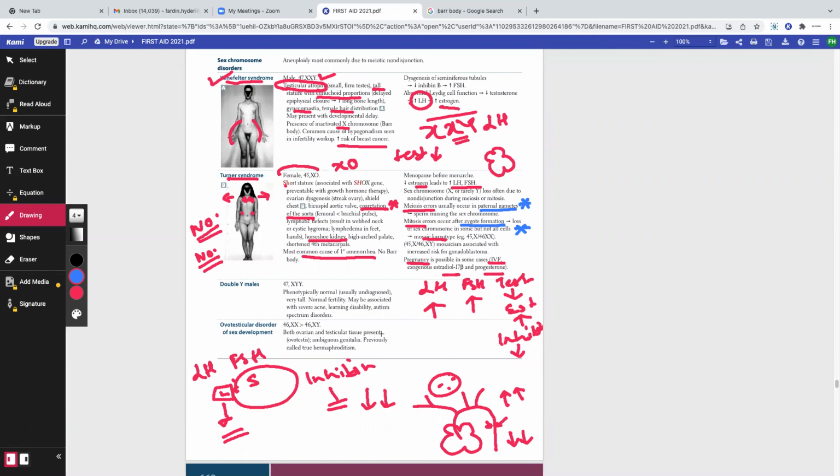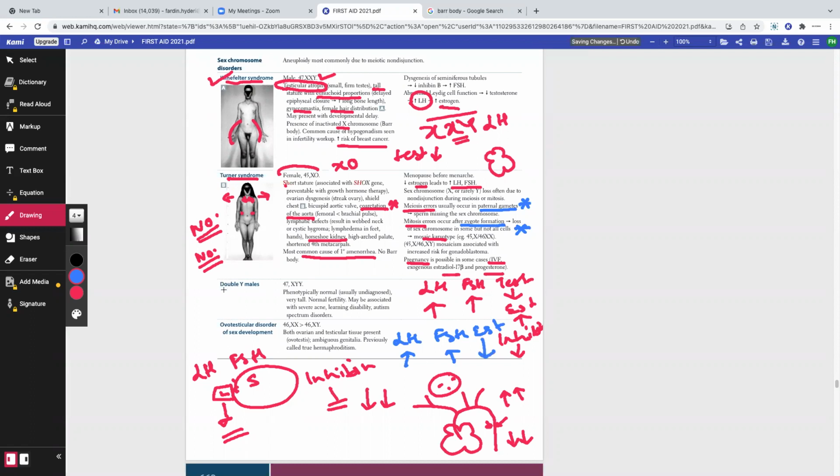So very quickly, can I get the attention of one physician? Let's ask Dr. Alam over here very quickly. Please unmute yourself and tell me the changes that will happen in FSH, LH, estrogen in a female with Turner syndrome. Fast answers, please, Dr. Alam. LH in Turner syndrome, high or low? High. Okay. FSH, high or low? High. Estrogen, high or low? Low. Very low. Thank you so much.